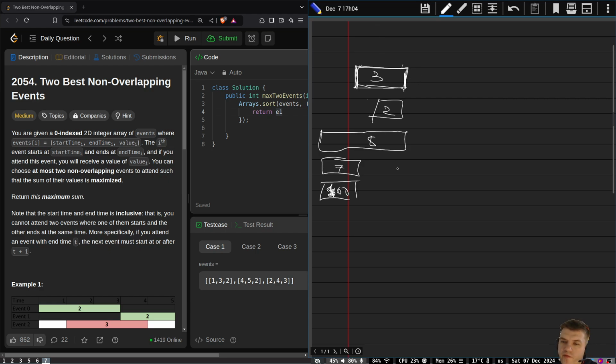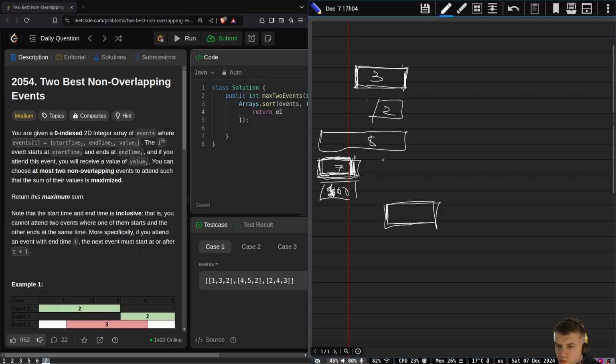So let's say I have a next one that looks like this, and I need to figure out